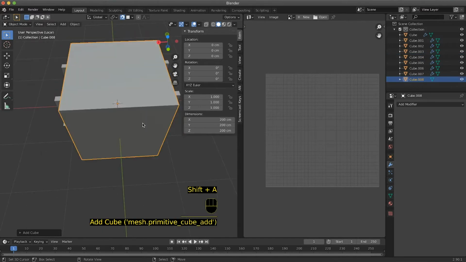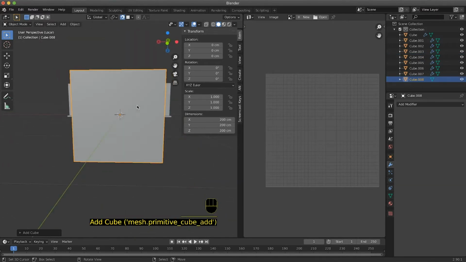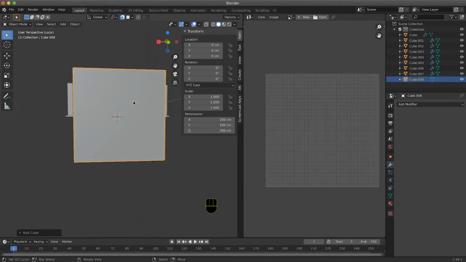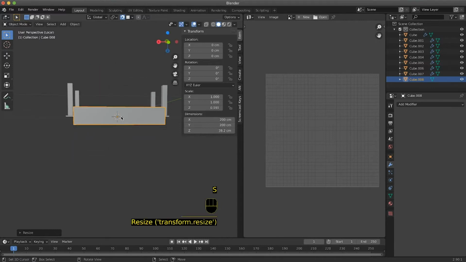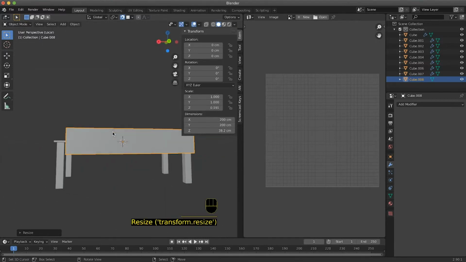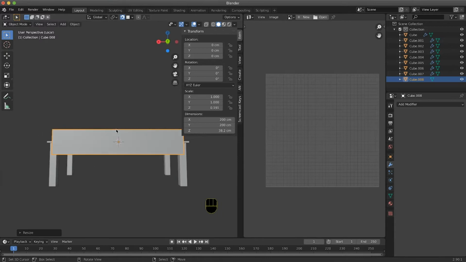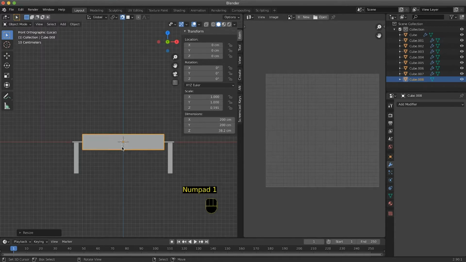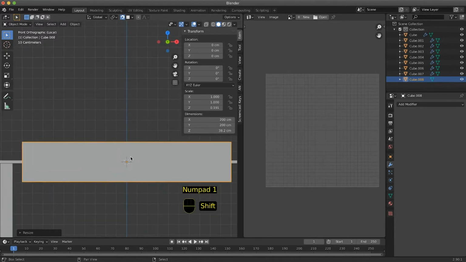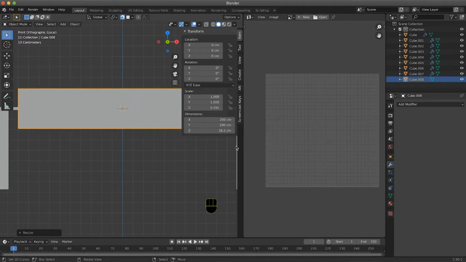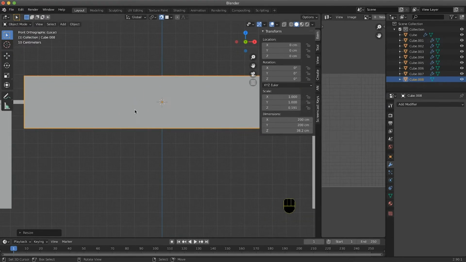Adding a new cube, we can scale it visually on the Z axis, and maybe if I stay like this it is better. I can press the numpad to go on the side view, and I can move here.